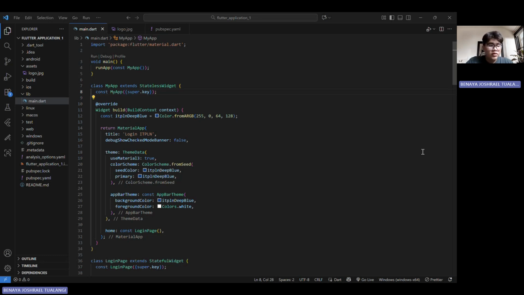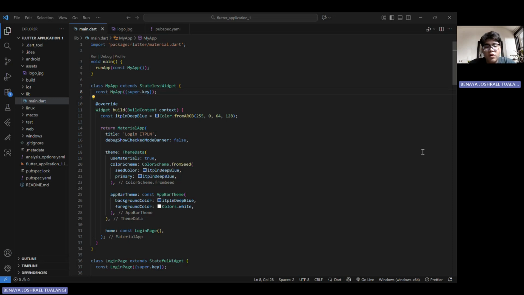And then what is a stateful widget? It is a widget that is dynamic. It manages an internal state object that can be updated in response to user input or external data change. Updates are controlled by the setState method, which forces a UI rebuild.